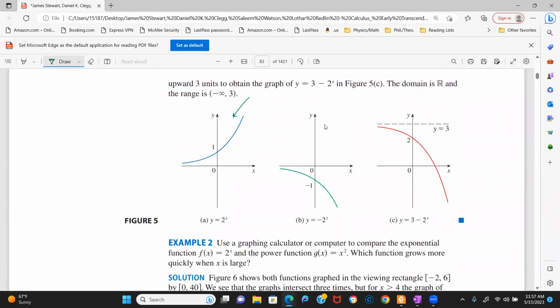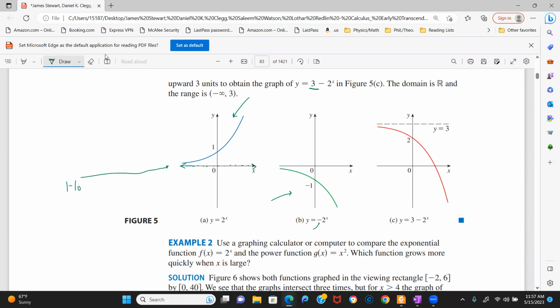And now when you negate it, remember, when you negate the function, when the negative goes on the outside as opposed to negating the x up here, that means you reflect over the x-axis, and that's what they did here. And then finally, when you add the 3, you're going to shift the graph up. To figure out exactly where to shift up, just remember that this line right here, the x-axis, is